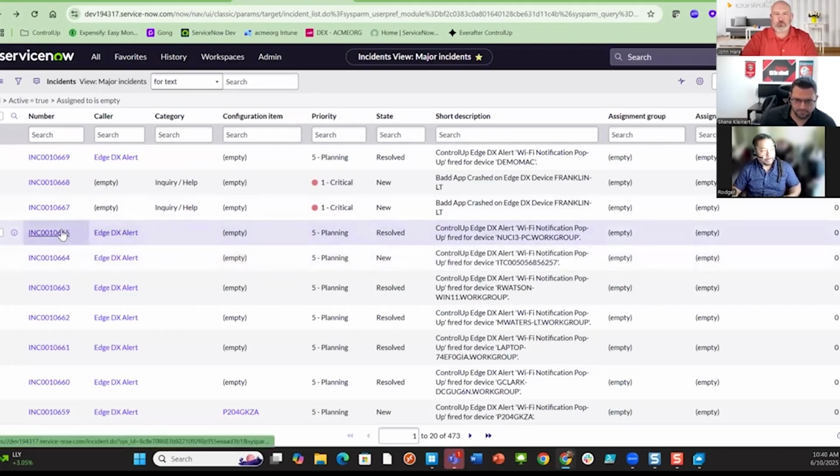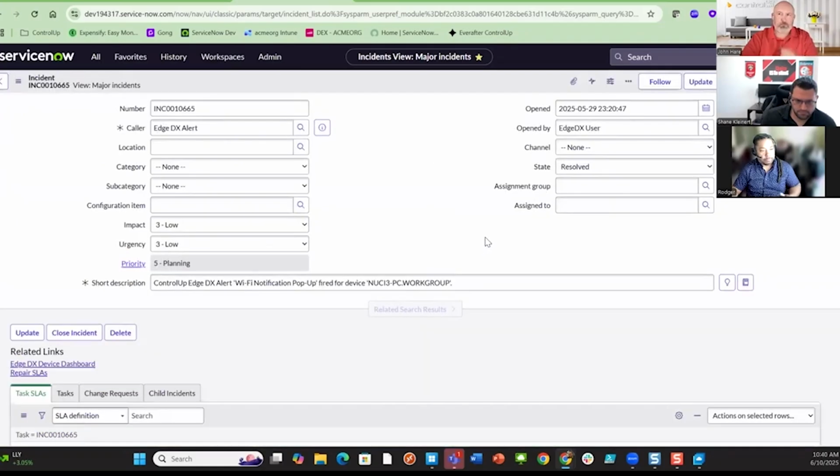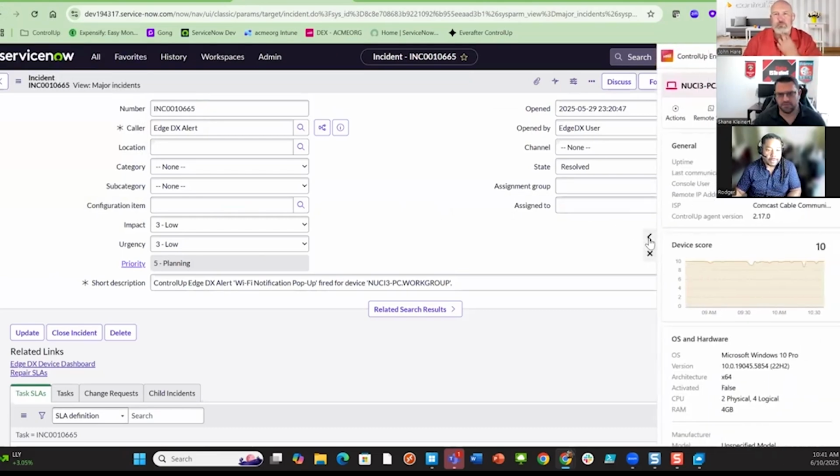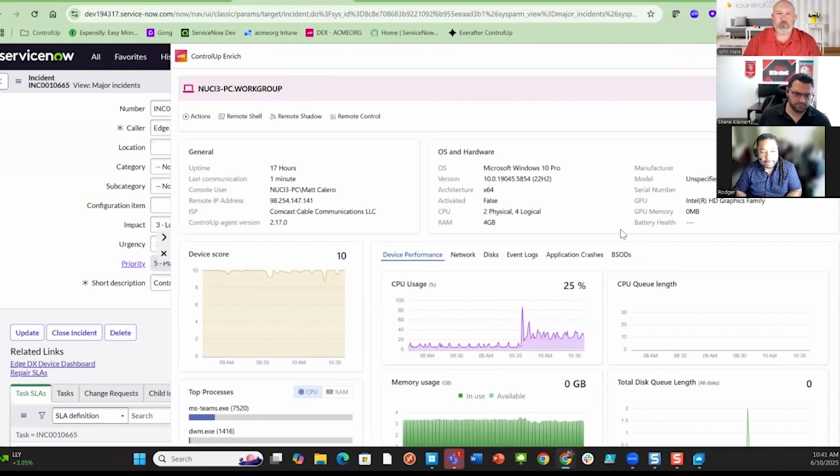I have a ticket here about this Wi-Fi notification. When I go into that ticket, if you notice on the far right-hand side of the screen, this little widget appeared. What is this? This is the Enrich plugin that ties back into our solution.